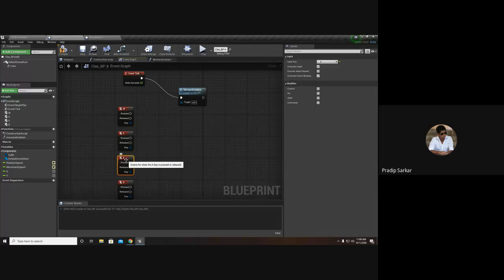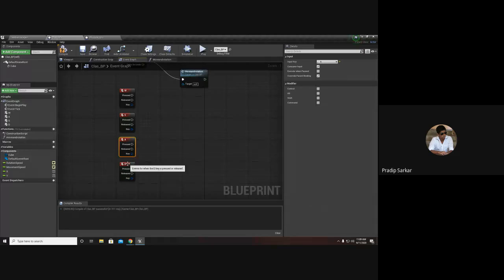If I press A, it should go left. If I press D, it should go right. That is X.